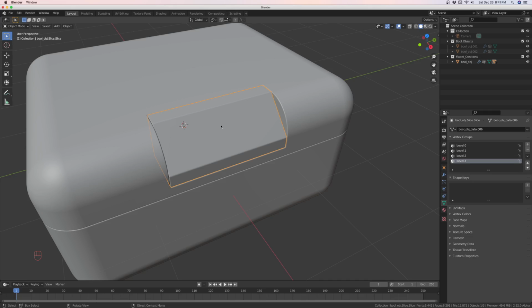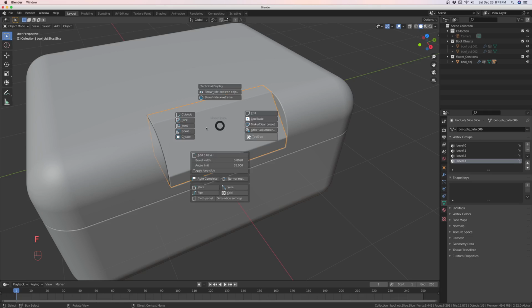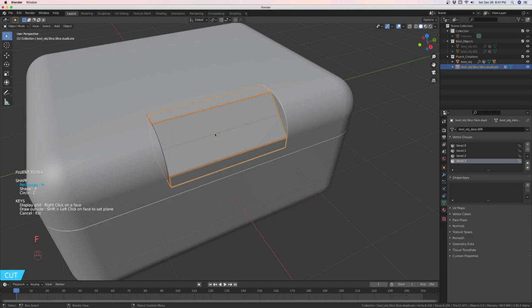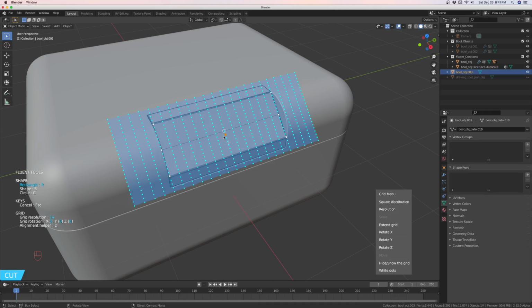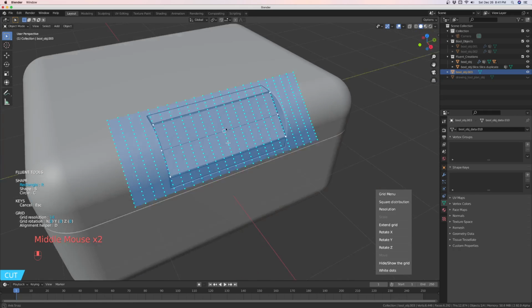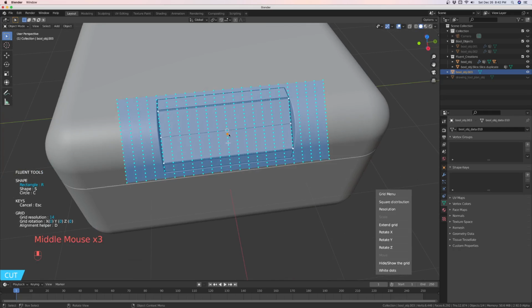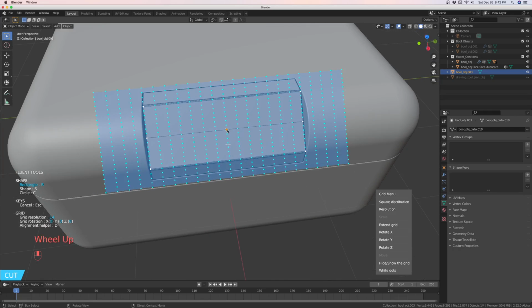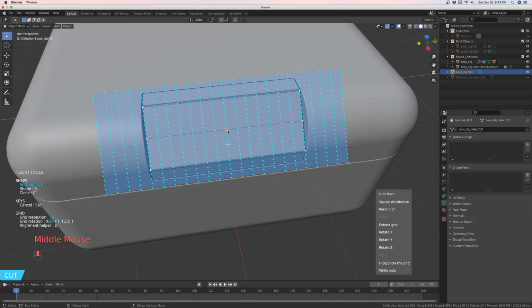Alright, so we got this. Let's bring up the Fluent menu, and we're gonna cut in a square. I right clicked on this face, and we've got our grid here, and that's good enough. I was going to resize it, but really don't need to. Alright, so with R selected and over here saying rectangle in blue, we're going to hold Shift and hold Control so it's a square. We're going to click that,